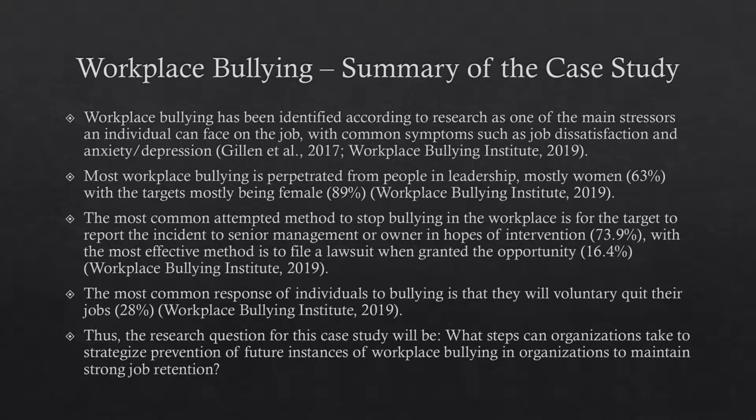The most common attempted method to stop bullying in the workplace is for the target to report the incident to senior management or the owner in hopes of intervention, which was 73.9%, with the most effective method being to file a lawsuit when granted the opportunity, 16.4%. And the most common response of individuals to bullying is that they will voluntarily quit their jobs, which represented 28% of respondents. Thus, the research question for this case study will be,